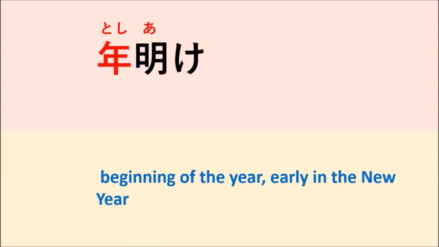Toshiage means beginning of the year or early in the new year. Otoshi means New Year's event. Otoshi means that for the new year there are many events that happen, so they call